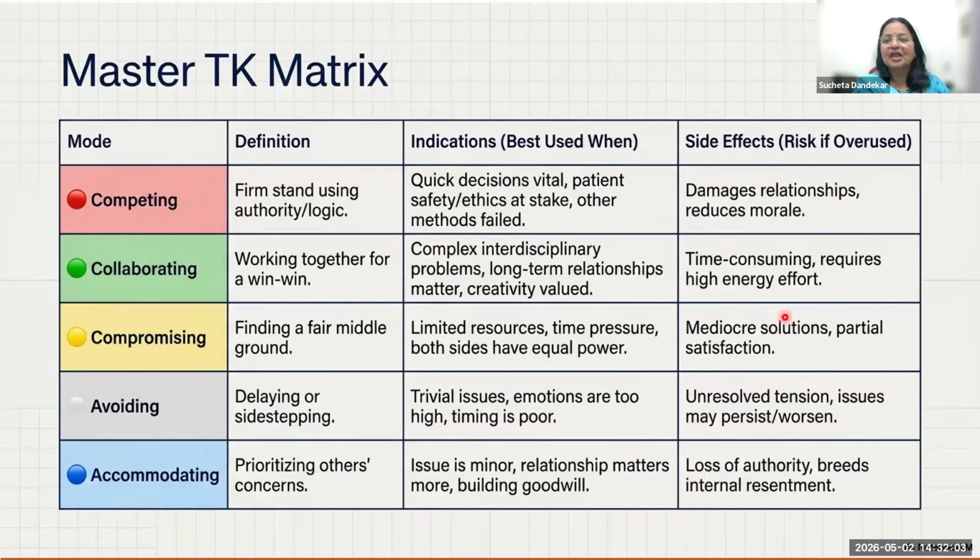Each kind of situation, where if you use competing all the time, there could be damage to the relationship and a reduction in the morale. Collaborating could be time consuming and requires a lot of effort. Compromising would lead to mediocre solutions and partial satisfaction everywhere. Avoiding would have a lot of unresolved tension, and the issues may persist and worsen. So unless we do something like Muhammad and Riaz said, unless you call both parties sometime together, individually, and say,